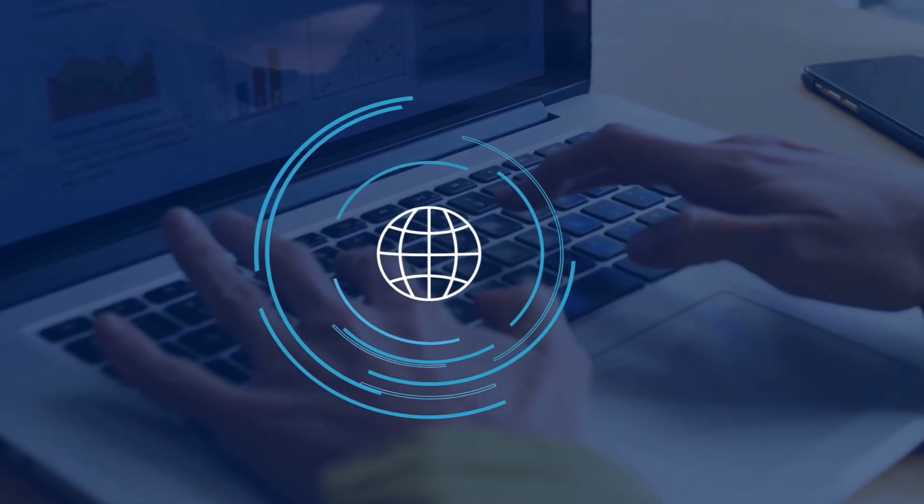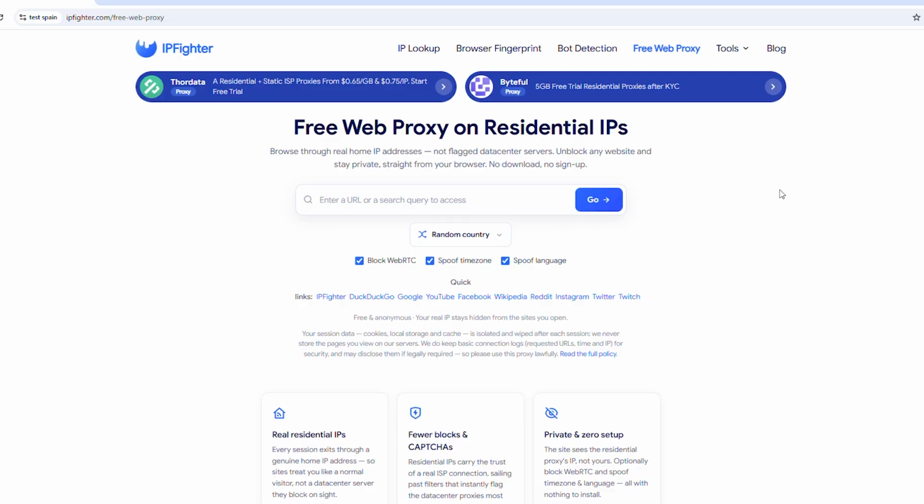and access blocks. If you're not familiar with the differences between residential IPs and other IP types, you can watch our comparison video by clicking the link in the top right corner of the screen or find the link below